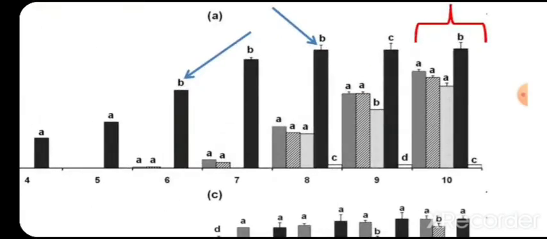Here you can see that there is an error bar. You get this error bar when you repeat your experiment 3 or more times. The average value is plotted here, and each time you are not getting the same reading, you are getting different readings which are close to each other. The difference between them can be represented in the form of experimental error, and that experimental error can be plotted here in the form of an error bar.